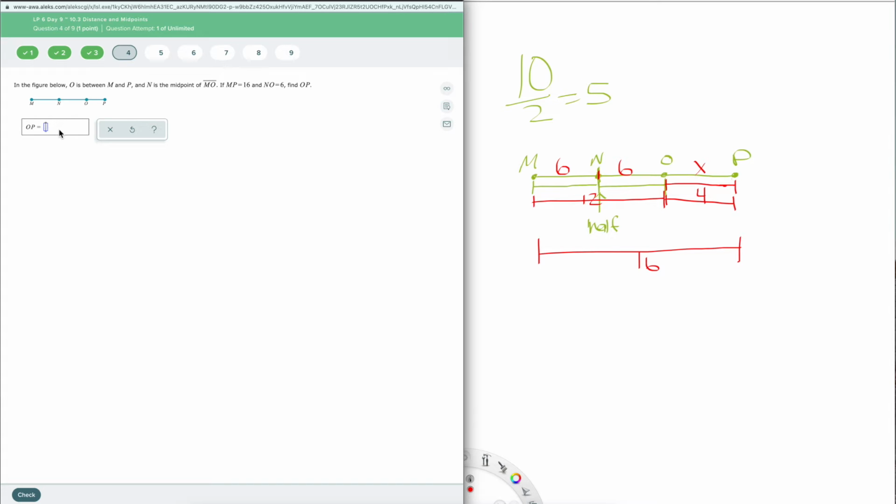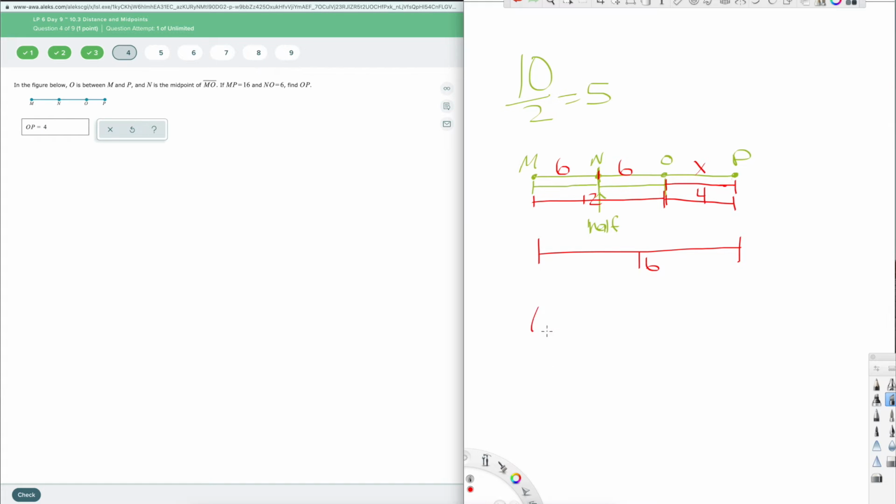I could also write it a little bit more algebraically and go 6 plus x has to equal 16 because these are all the segments for the whole thing, and the whole thing is 16. So then I have 12 plus x equals 16 because I'd add my like terms together and I'd subtract 12 from both sides. Do you notice how this looks a whole lot like what we just did out loud? 12 minus 12 cancels out. Anything minus itself cancels out. X equals 16 minus 12 is